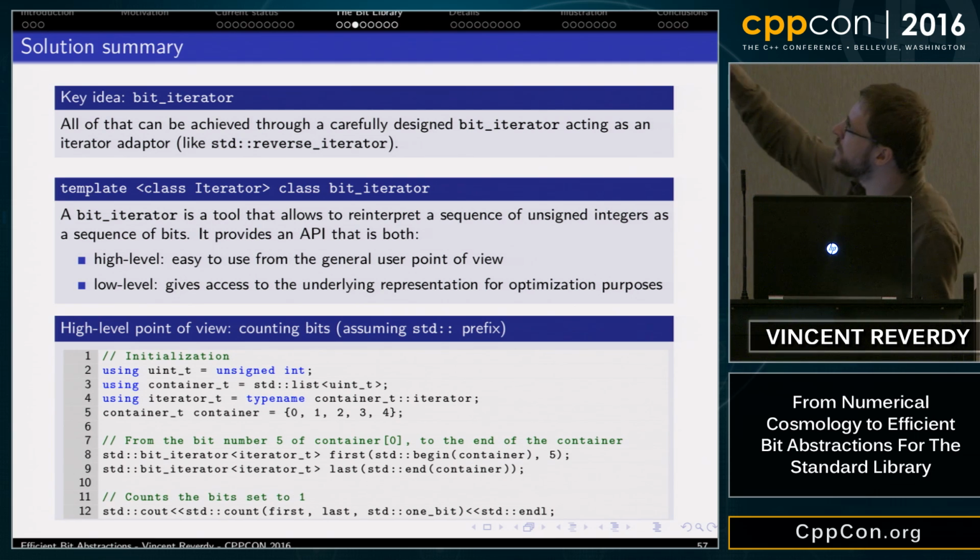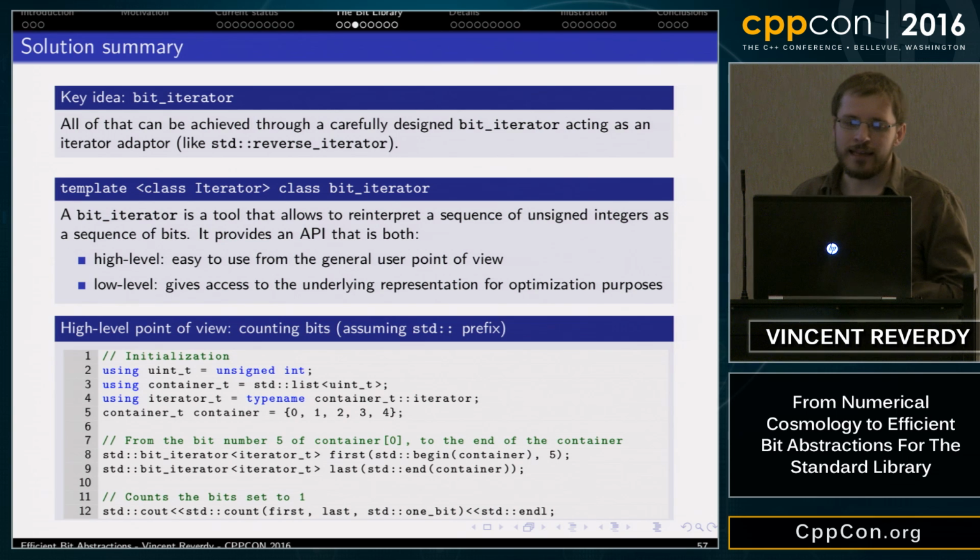So a bit iterator takes another iterator as a template parameter, and it provides people with an API that is both high level and low level. From the high level, it's easy to use from the general user point of view. From the low level, it gives access to the underlying representation for optimization purposes.